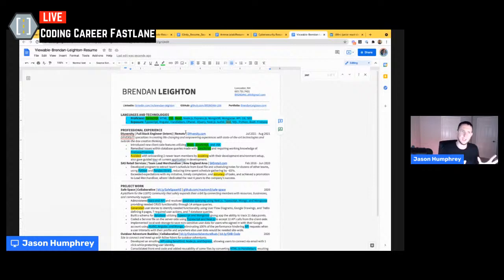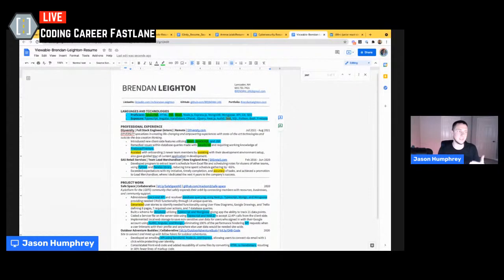As it is for anyone else out there right now, let me know what questions you have based on what I'm showing you here on this highlighter technique and how you can look at the color of your resume and understand where you are heavy and where stuff matches up to job descriptions and what they are asking for. Something else I want to point out that I already know I'm going to get a question on is, well,